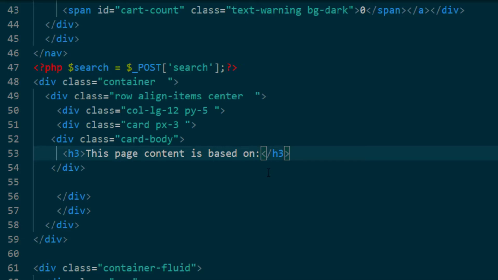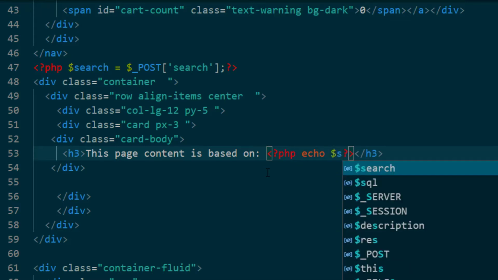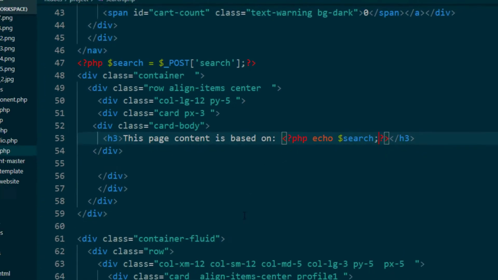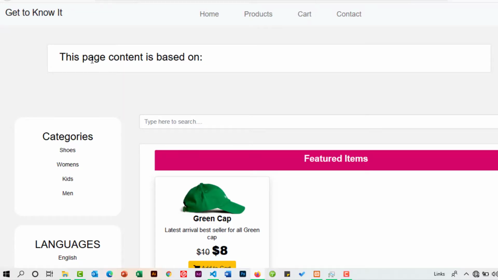So here I can have the PHP closing and opening tags, and I can say echo the variable search. So this is what we are getting from the database. So if I now refresh the page,